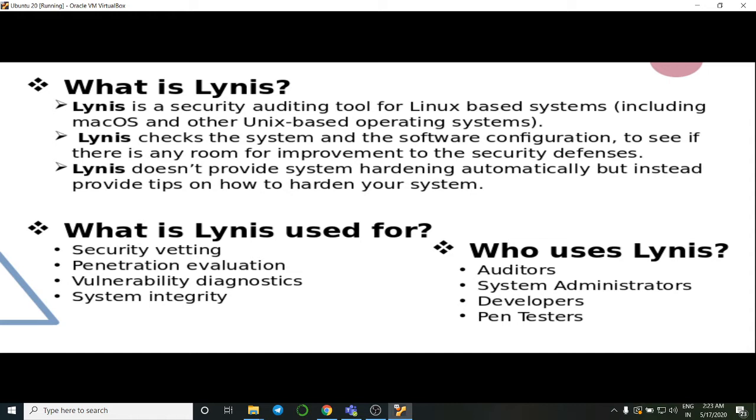One of the important things about using this Lynis tool is that it does not provide system hardening automatically. That is, just by using the Lynis tool, it does not automatically harden our system, but instead it shows us certain tips like warnings and suggestions and details on how to harden and make our system much more secure. Actually, it is an auditing tool and it shows results and various methodologies how we can secure and harden our